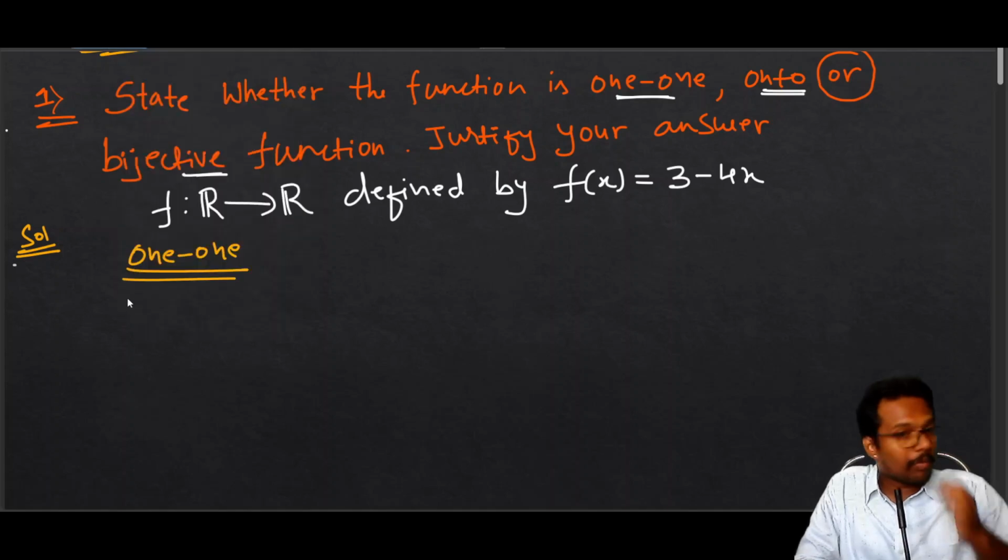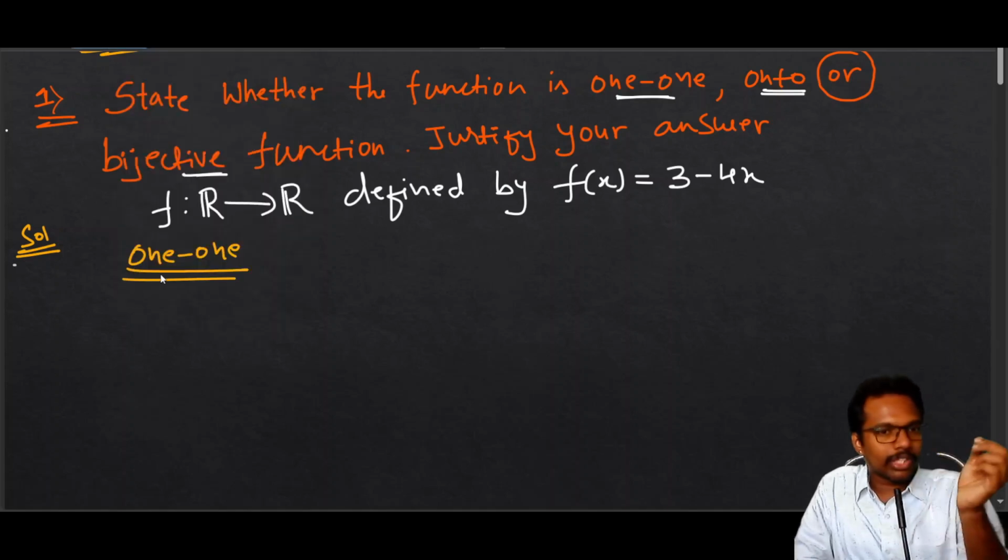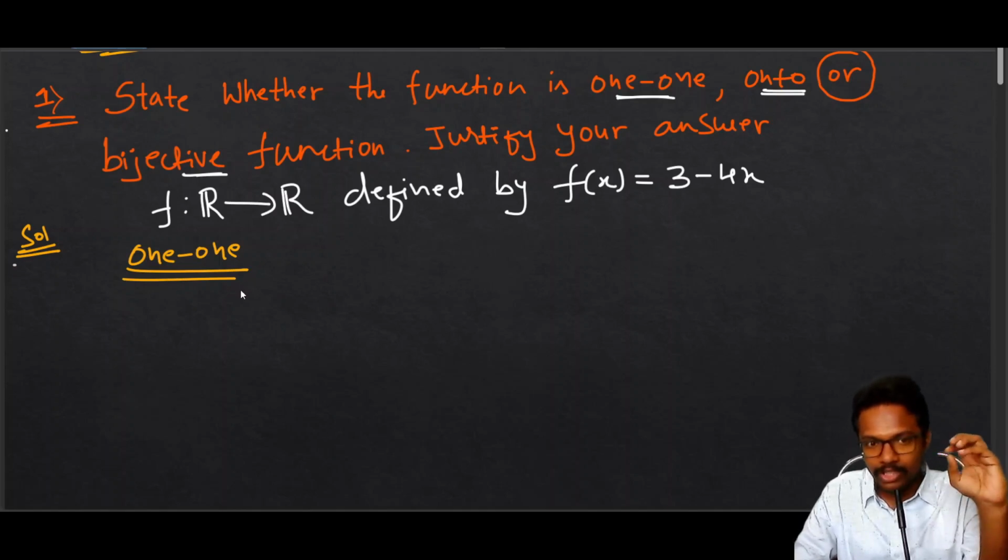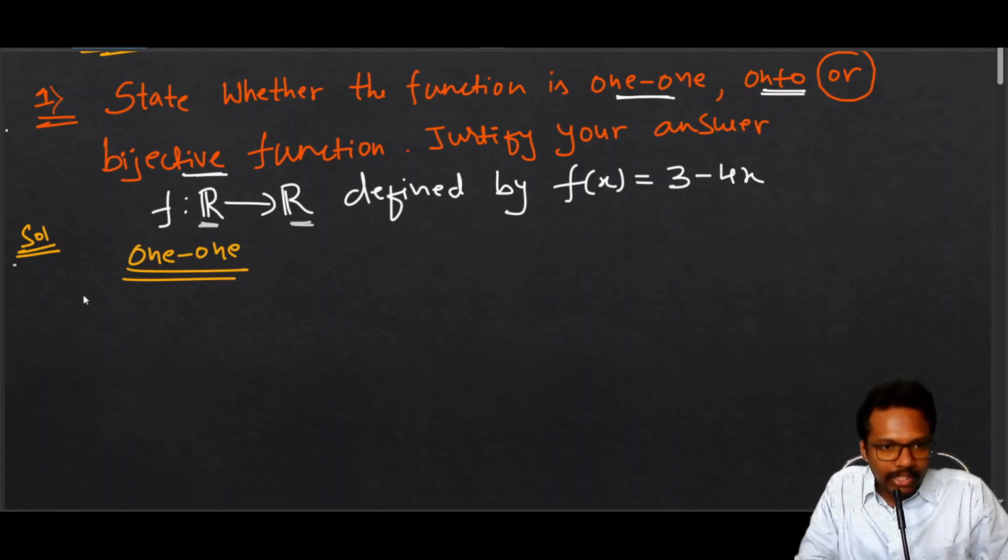So first, our main aim is to check whether the function is 1-1. While explaining the definition of 1-1, I mentioned that 1-1 means we only focus on the domain. Here the domain is the first R, and the codomain is the second R. So first, let us consider